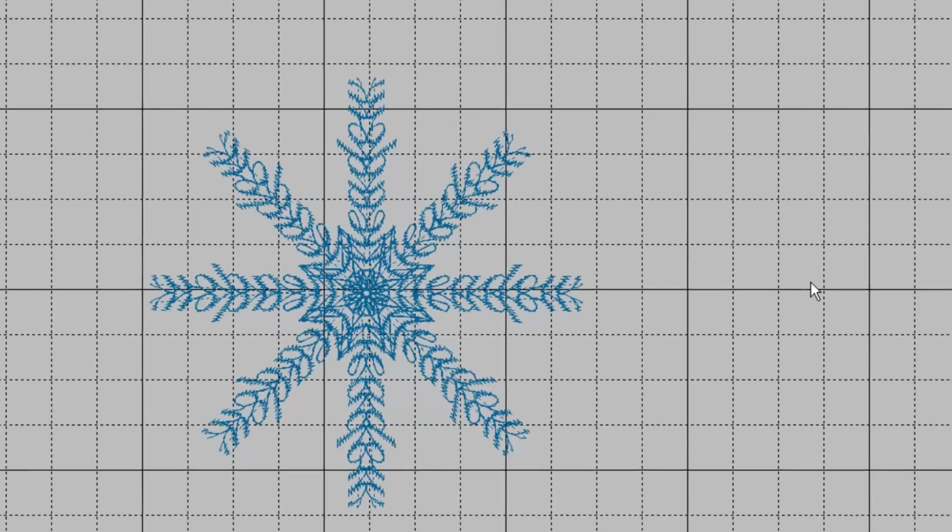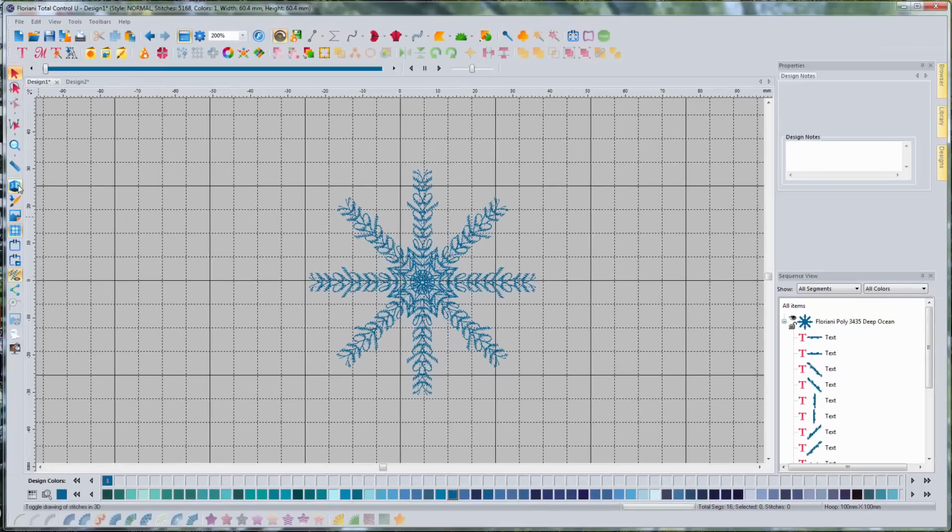So here you'd be able to do this beautiful little name snowflake, even if all you had was a 4x4 sewing field, or if you want to put it in a small area, like on a baby's onesie or something like that. Like I said, so this is a cool